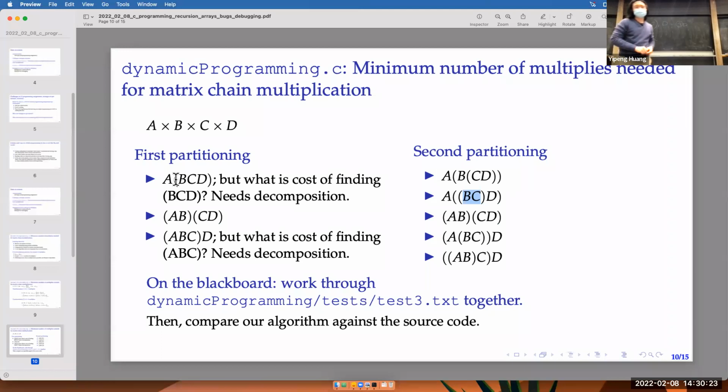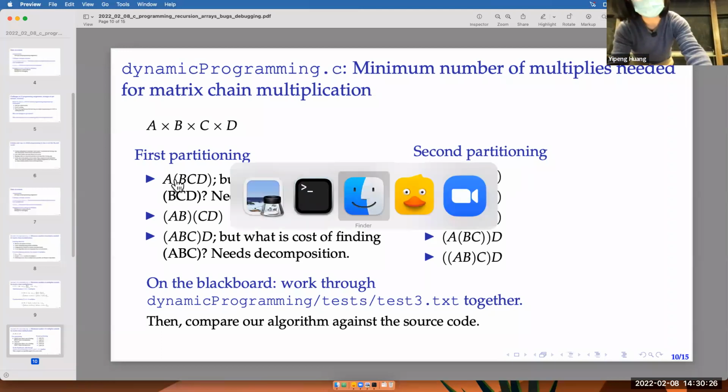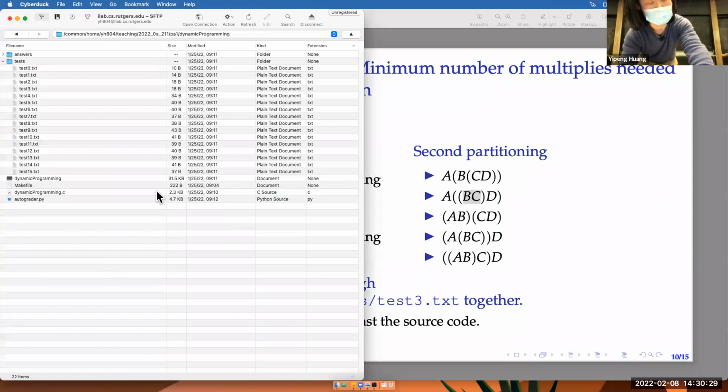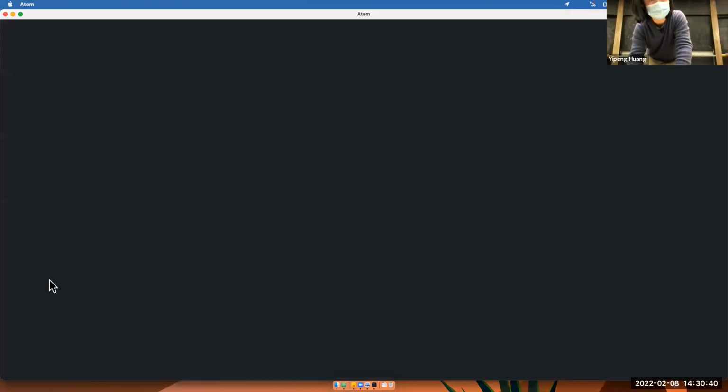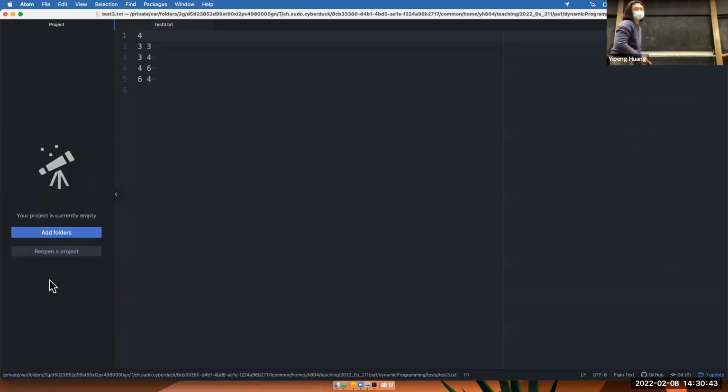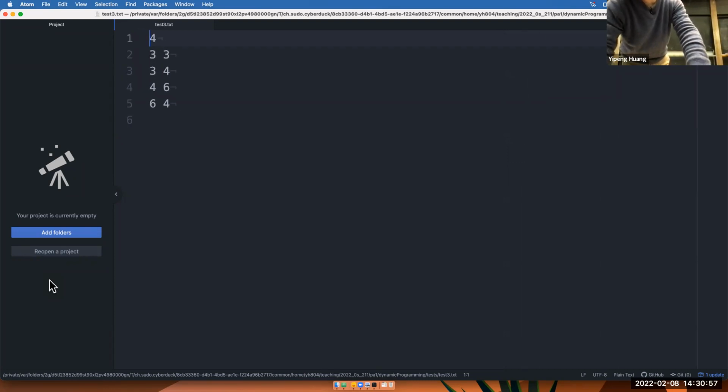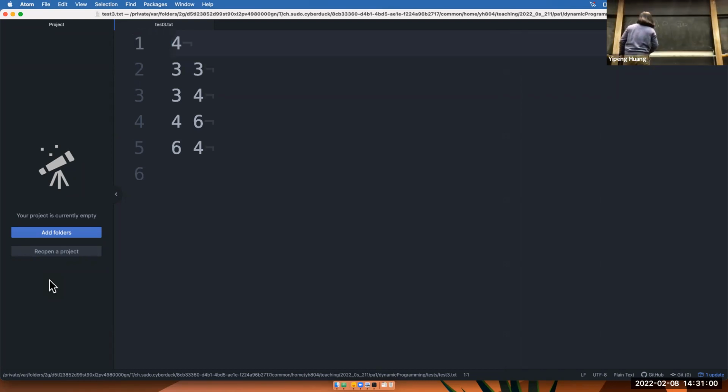Okay, so what I'll do now is go to dynamic programming. This is our class source code. I'm going to open test case 3 because it's just about the right size, and we'll work through test case 3 by hand. So this text file says there are 4 matrices. If I zoom in, this test case file is saying